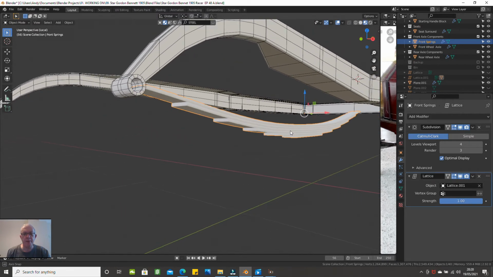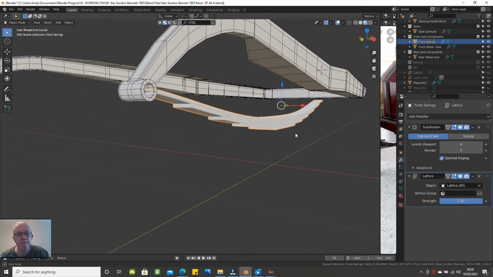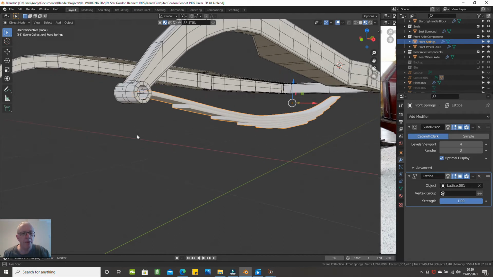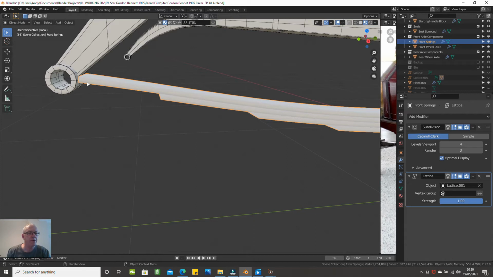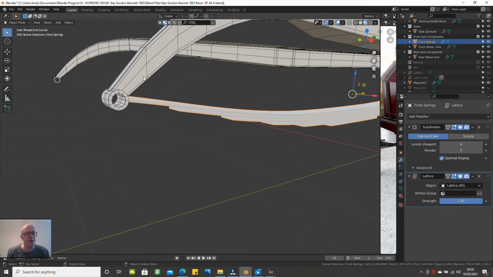just ramping that up to get a smoother line. That looks better. Yeah, it looks better. So I'm ramping that up to levels viewport on the subdivision. So what we need to do now is to select this, because this eventually needs to be joined up to this. And if you look at the